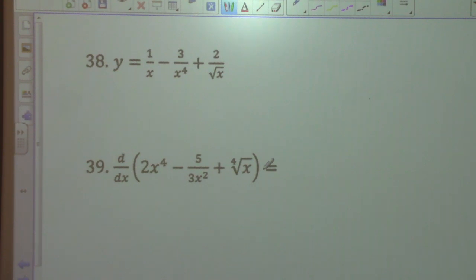is ultimately more important than the mechanics of knowing how to do this? What is more important than that? That's my question to you right now. Yes? Being able to apply what you know. That's right. It is being able to recognize when it's appropriate to take a derivative to find the slope